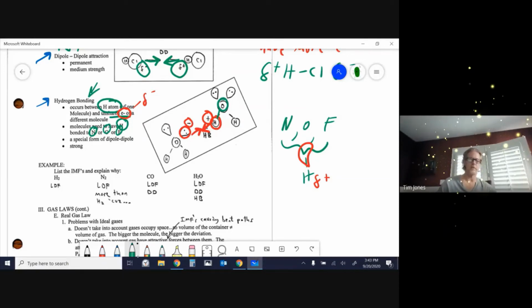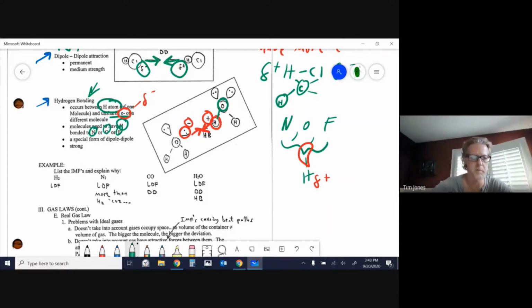If this hydrogen is not bonded to an oxygen, for example, if it was hydrogen bonded to a carbon with whatever stuff else is happening, this wouldn't count and it would not be hydrogen bonding. It's got to be a hydrogen bonded to nitrogen, oxygen, or fluorine. And so if you look at this example here,